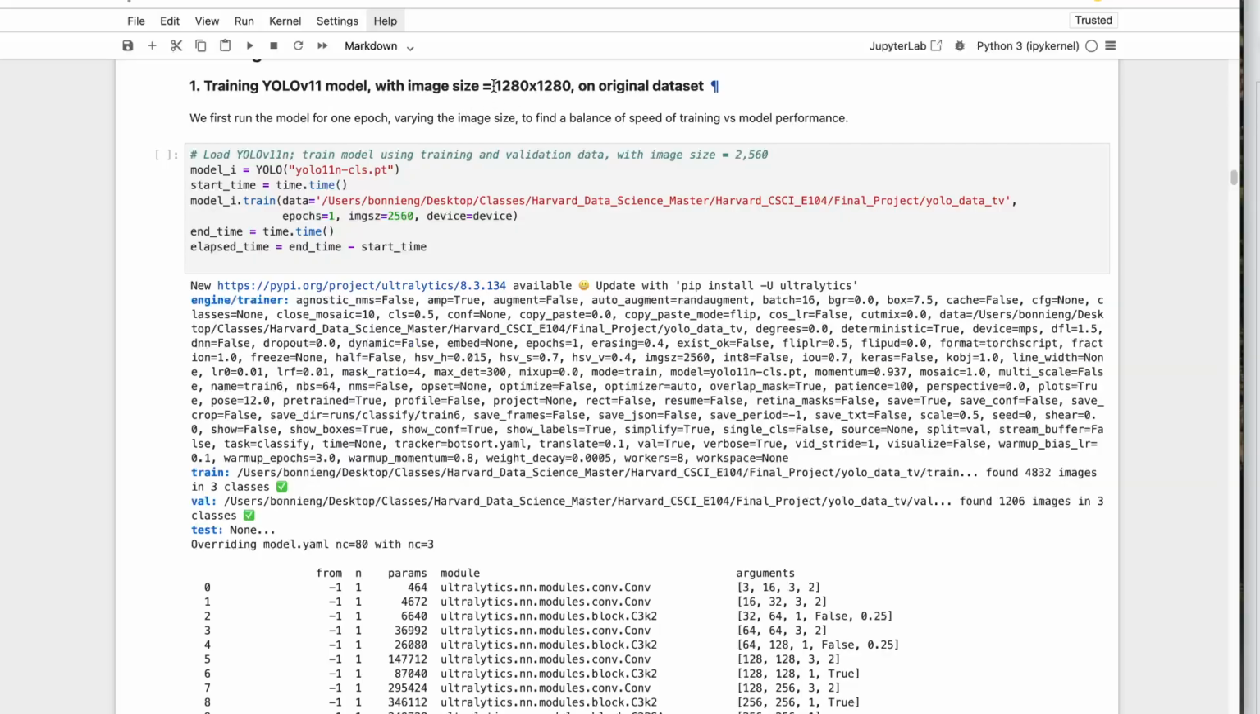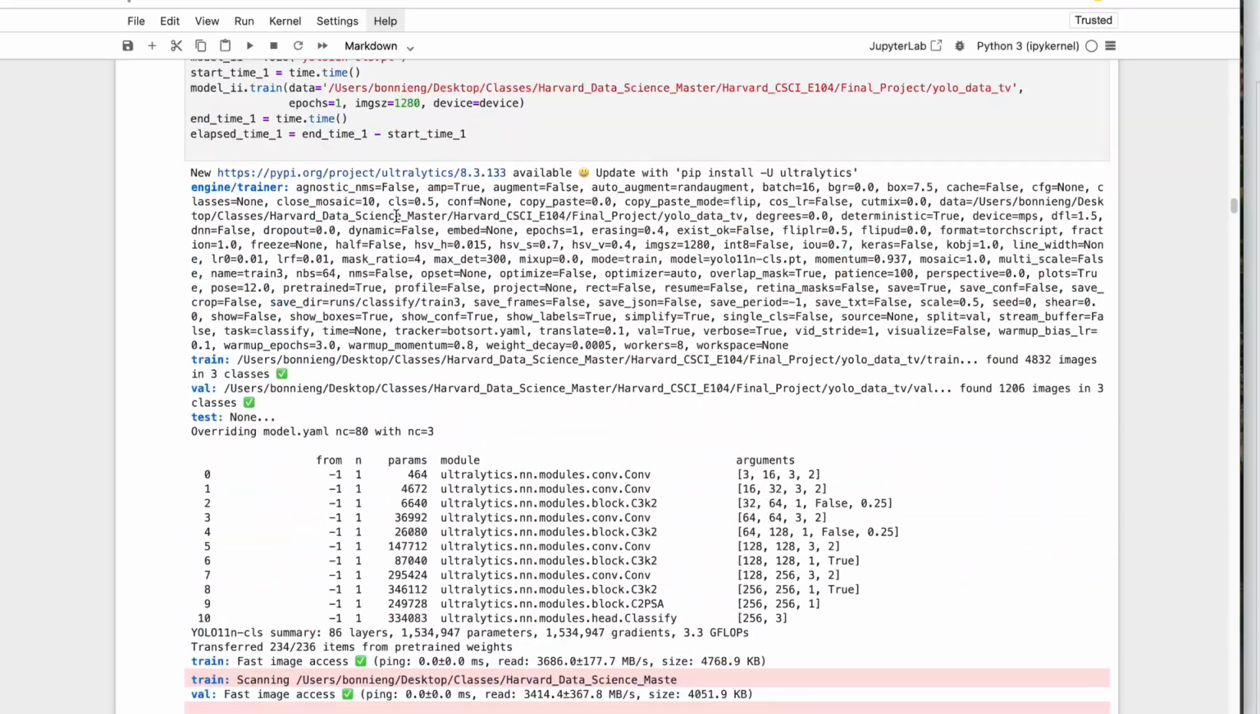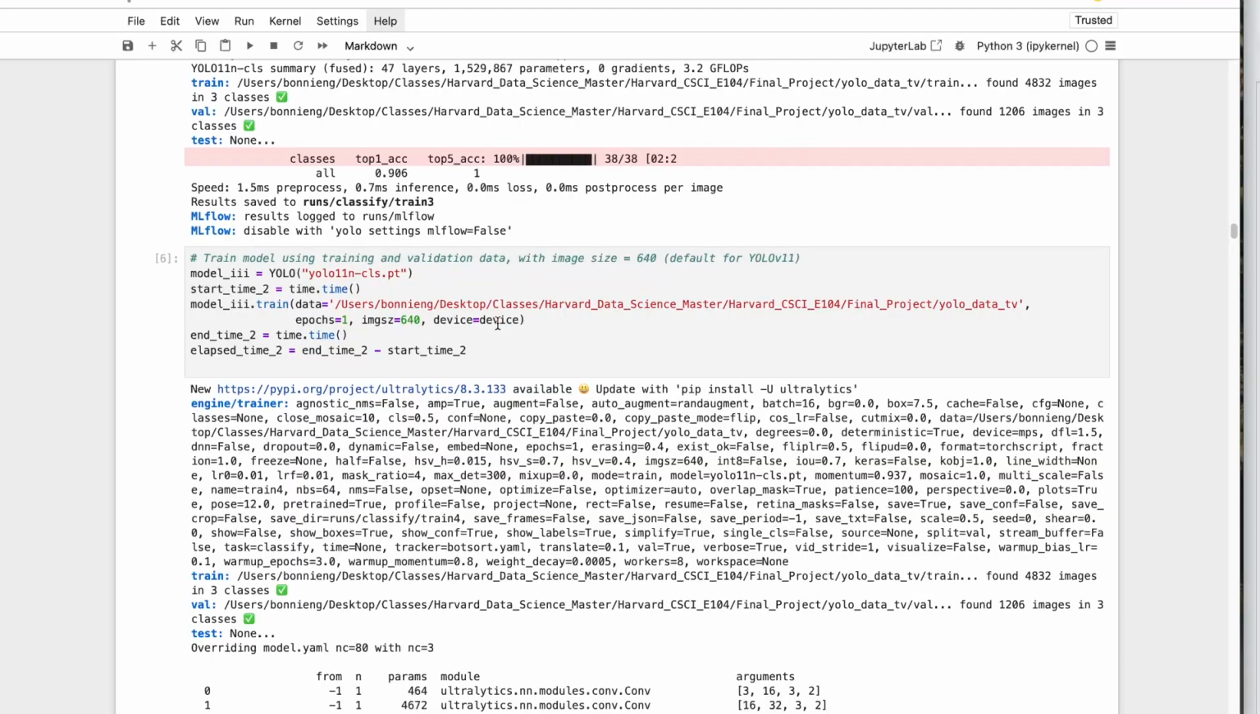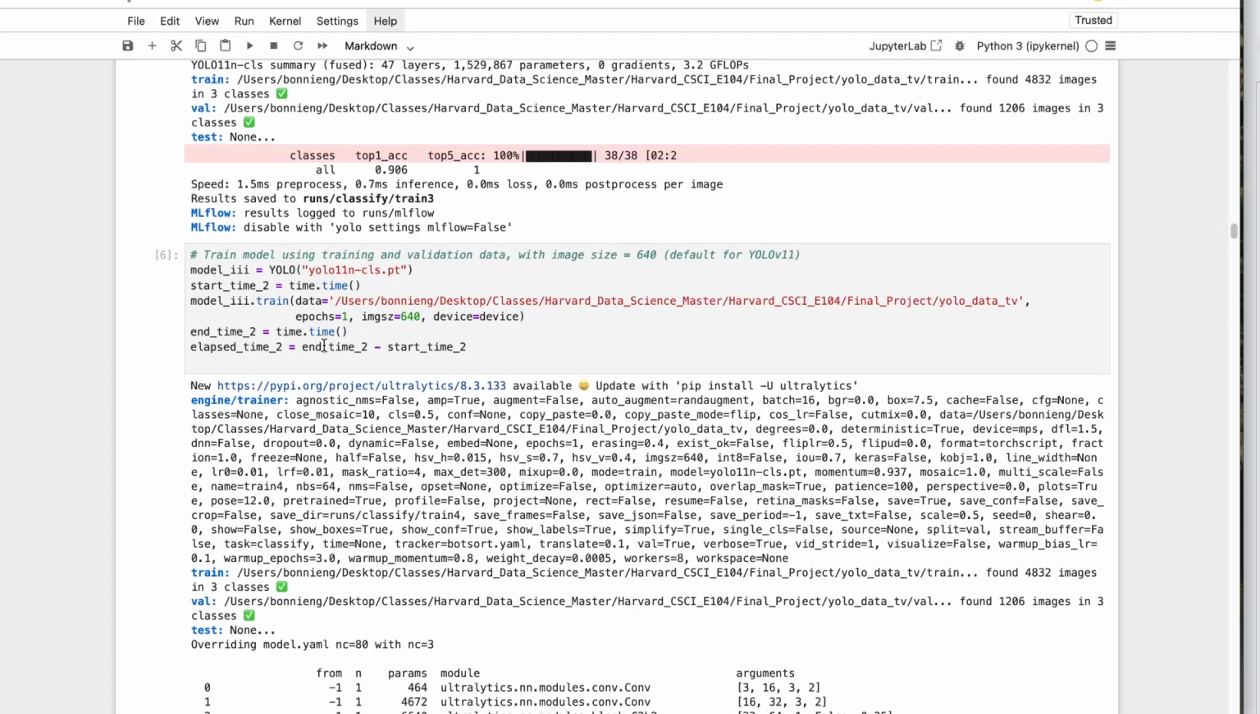We chose to use image size 1280 times 1280 on the original dataset because the first thing we actually did was to run the model using image size of 2560 and then 1280 and then again 640, for only 1 epoch each to see how much the training time would be. And as you can see,